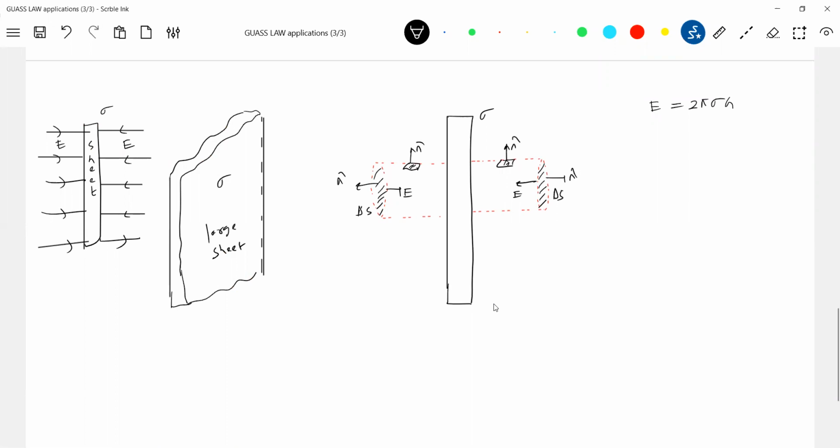What about the cylinder? Shall I say the shaded part only will contribute to the E bar? No, E bar dot delta s will be non-zero only there. What about here? E bar and n cap for this surface, what is the value of E bar dot ds? It will be 0 because delta S bar will be upward and E bar will be tangential. So E bar dot ds for this surface will be 0. Only the flat surfaces will contribute. The shaded things only will contribute to E bar dot ds. This curved surface will not contribute here.